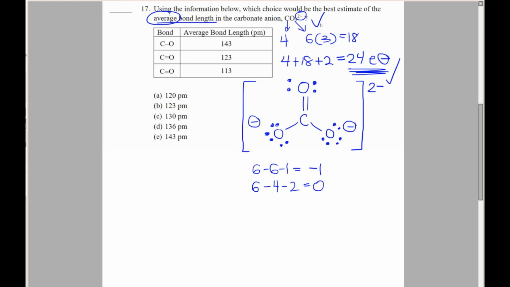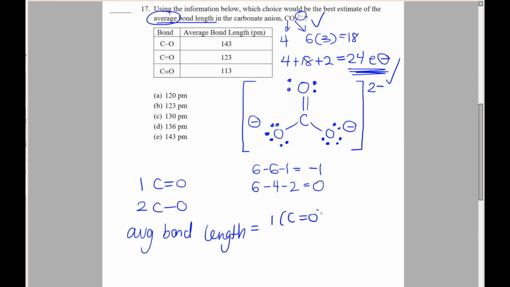So we see that there's 1 C double bonded to oxygen bond, and we have 2 single CO bonds. So we can kind of do that. And the formula for a weighted average should be the average bond length is equal to 1 times the double bond that we found, and then 2 times the single bond over the total